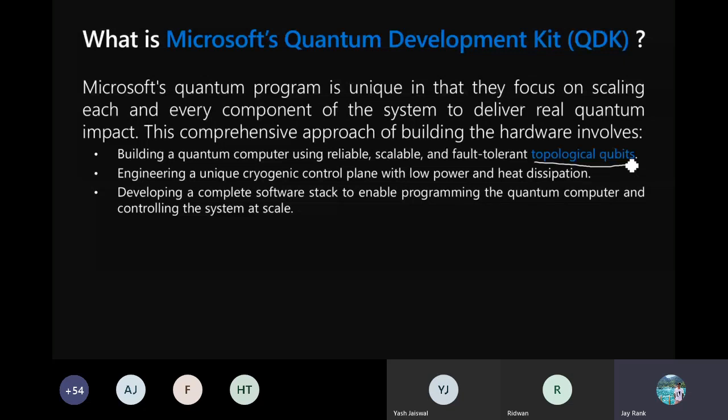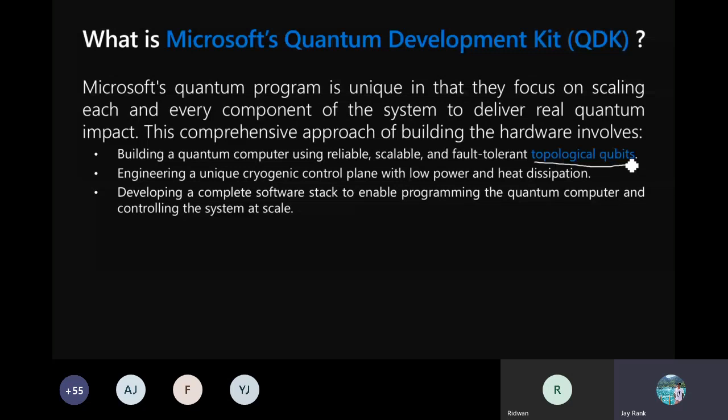Because of their high processing power, they tend to heat up really fast, and in order to separate that heat from the actual processing power, we have to use these cryogenic control planes that use power efficiently and waste less of it.